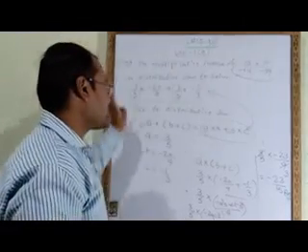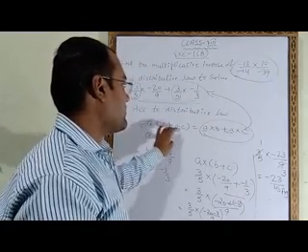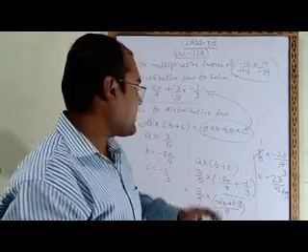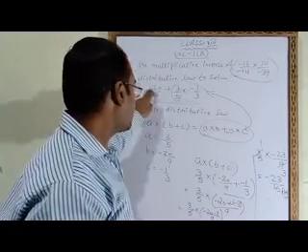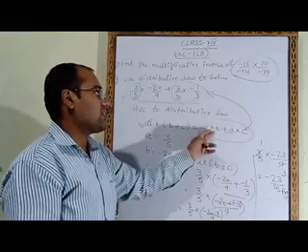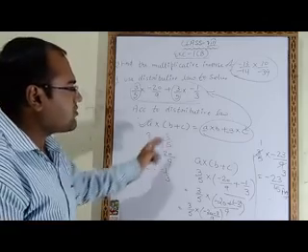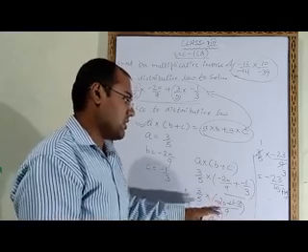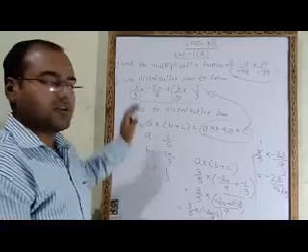So what we have done, first of all we have to write the distributive law. According to the distributive law, a multiply b plus c is equal to a multiply b plus a multiply c. Then you have to check whether left side is given in the question or right hand side. So here in this part, right hand side is given. So with the help of this right hand side, we have to find the value of a, b and c. After finding the value of a, b and c, you have to put those values in the left hand side. So here we have put the values in left hand side and we got the answer. So like this you have to do question number 6.